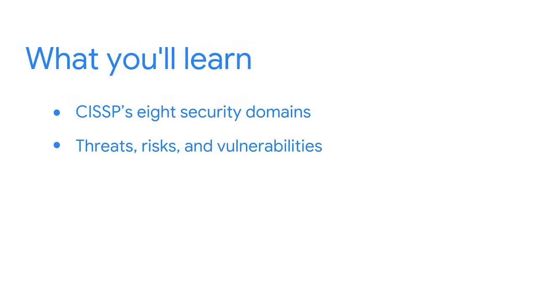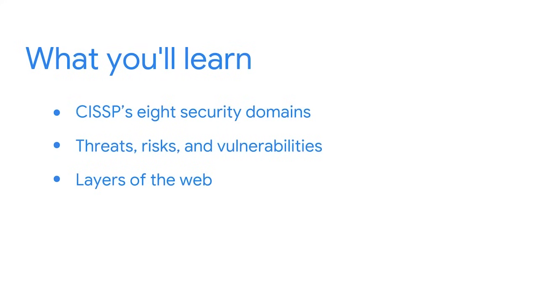Then we'll discuss threats, risks, and vulnerabilities in more detail. We'll also introduce you to the 3 layers of the web and share some examples to help you understand the different types of attacks that we'll discuss throughout the program. Finally, we'll examine how to manage risks by using the National Institute of Standards and Technology's Risk Management Framework, known